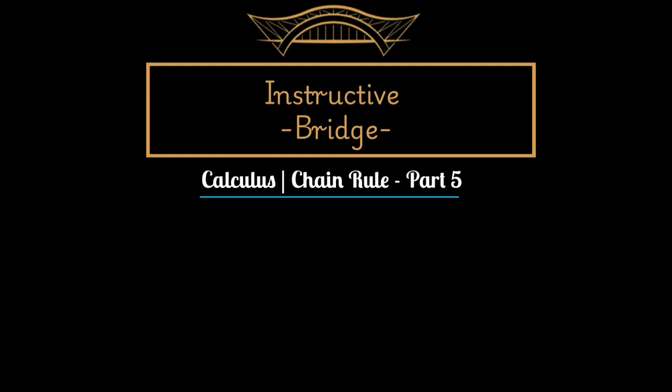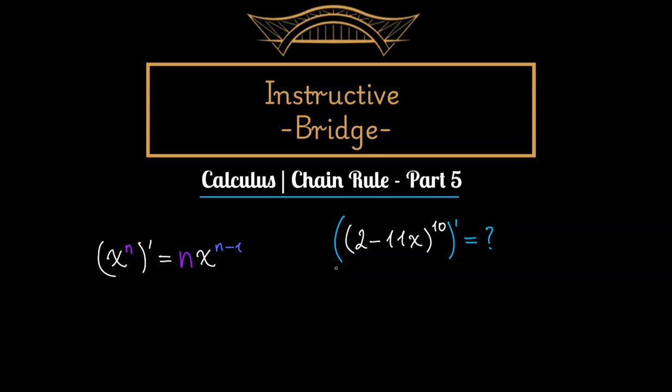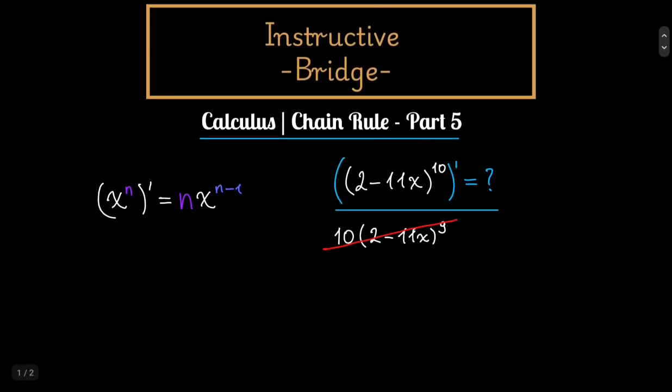Now, please recall in the last video we utilized the power rule to find the derivative of a function. We also ended the previous video with a challenge. Differentiating 2 minus 11x raised to the 10th power. And it was said that the answer 10 times 2 minus 11x raised to the power of 9 is close but not completely correct. This is because we need to employ one of the most crucial differentiation rules, the chain